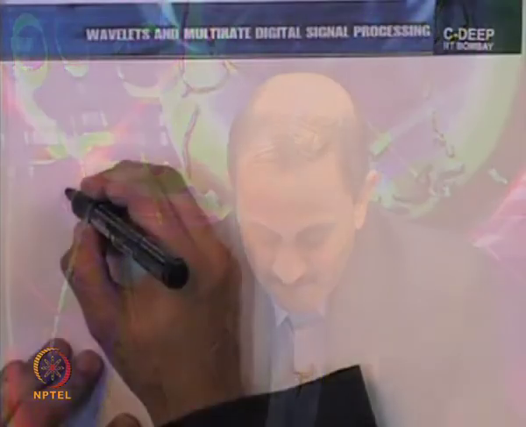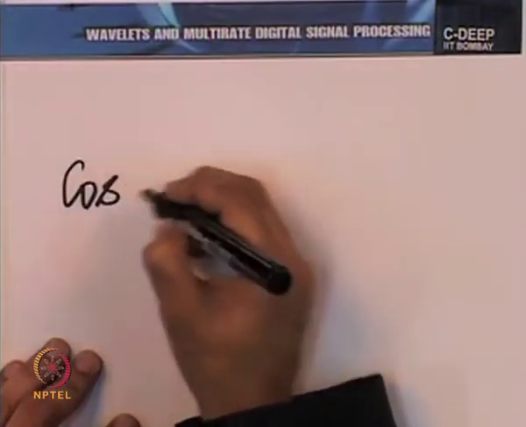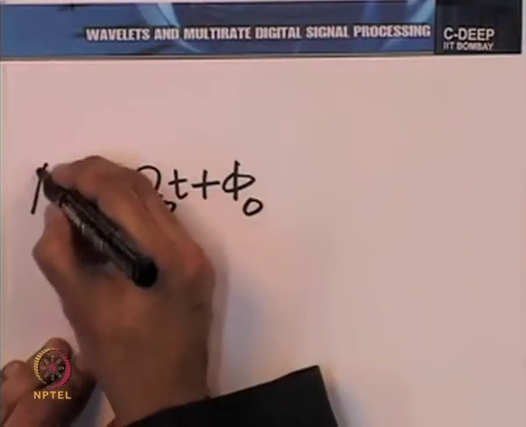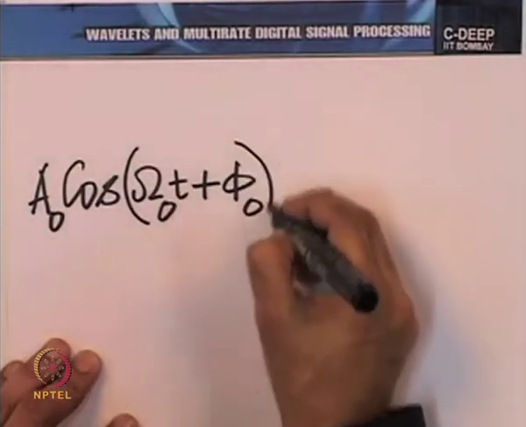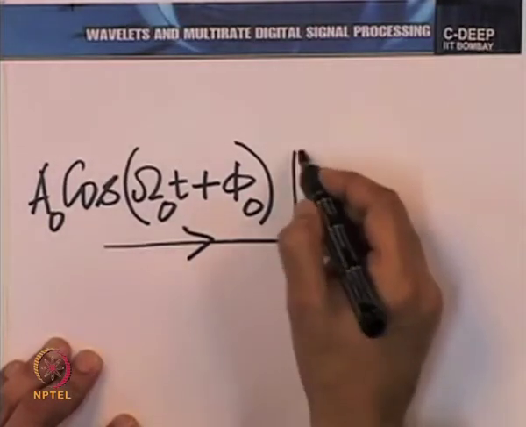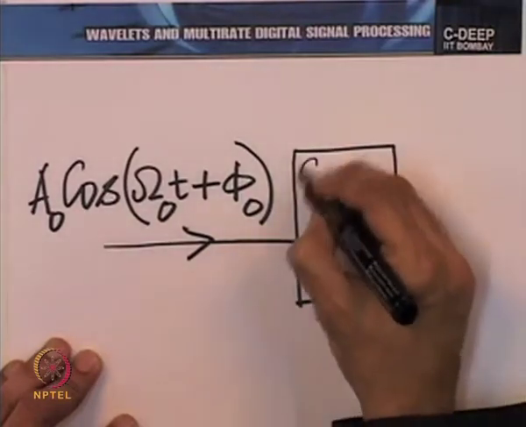You see, what does the phase response denote? Or for that matter, what does the frequency response denote? The frequency response tells us what happens to a sine wave when it passes through the system. So, to understand this better, let us go to continuous time first. Suppose we fed a sine wave, let us say a naught cos of capital omega naught t plus phi naught: amplitude a naught, frequency capital omega naught, phase phi naught,